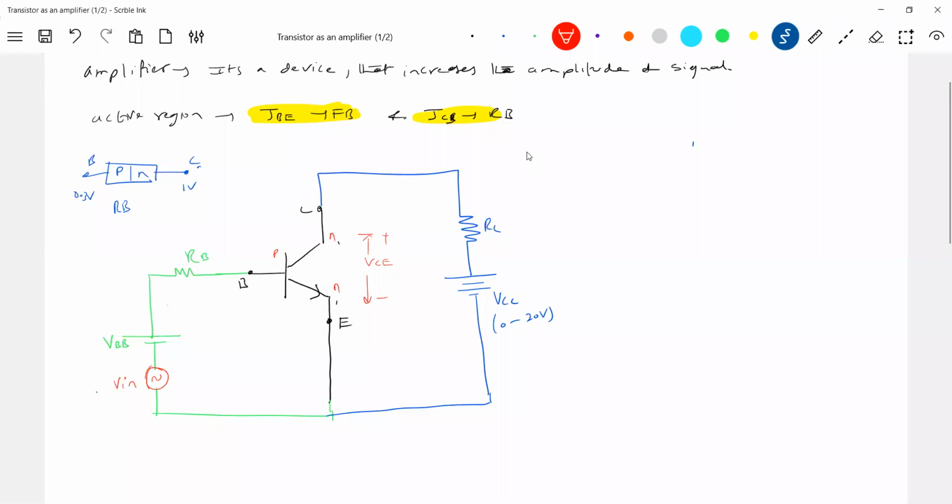So what are the currents? Again, apply KCL. By applying KCL, what can we say? First, get the direction of emitter current, IE, then IB. This is IC. Give polarities like this. This will be positive, negative. So what current here? Here is IE. Here how much current? IC. Here is IB. IB plus IC will become IE. It's like a junction. IC plus IB is equal to IE. Okay, got this.